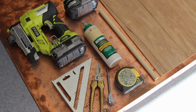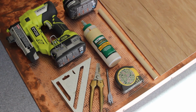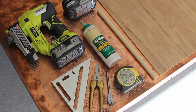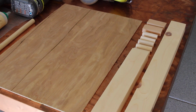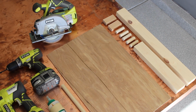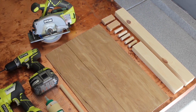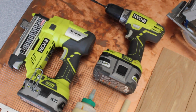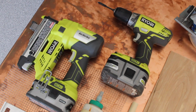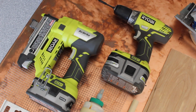I gathered up all of my materials, which I've actually detailed down below for you in my Ryobi Nation post, including the cuts of the wood that you see here. The power tools I'm using are Ryobi's circular saw, drill, and 23 gauge pin nailer. For the wood, I'm basically using a 1x2, a 1x3, a 5/8 dowel, and this thin piece of wood that